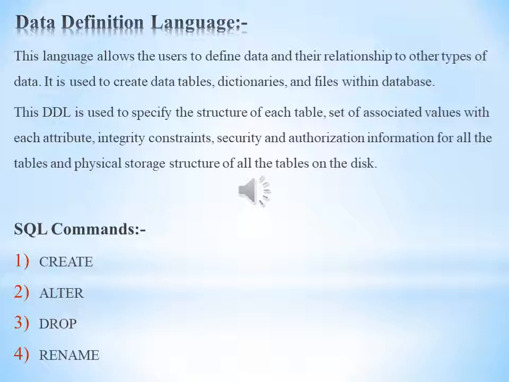When you create a table named student, you write CREATE TABLE student, then the column names, like serial number and roll number, then the data types. We learned about data types in SQL in the previous lecture. So CREATE TABLE, then the table name and the column names, you have to include these.